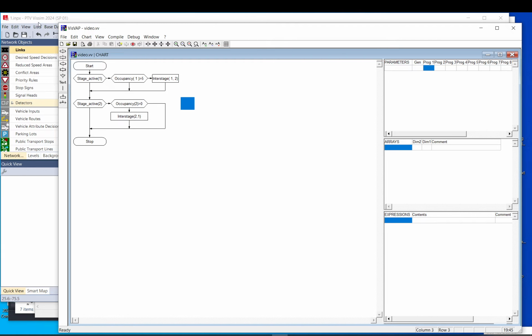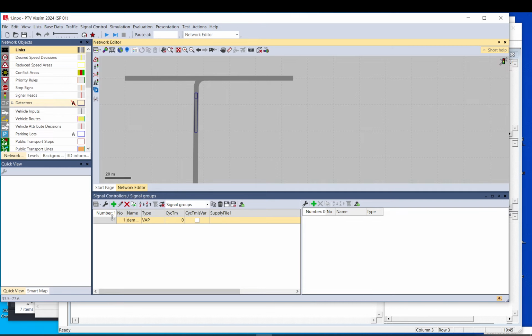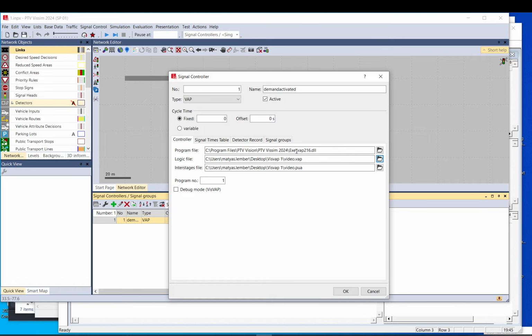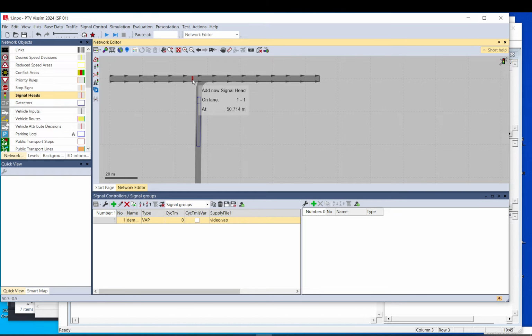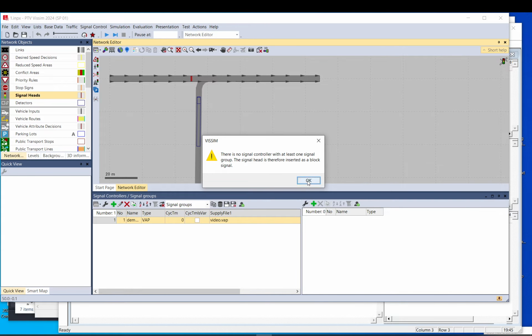Okay, now we compiled it. We go back to Vissim, signal controller, and we edit, reference it here. Select it. Then it is ready to use. Let's just give it a try. Let's place signal heads. Okay, what we do, we haven't added